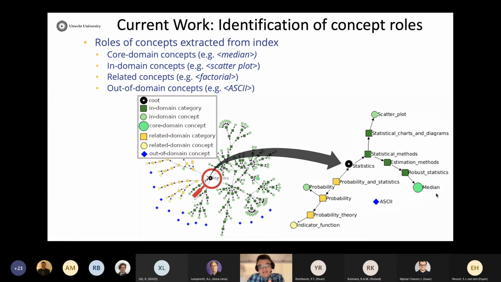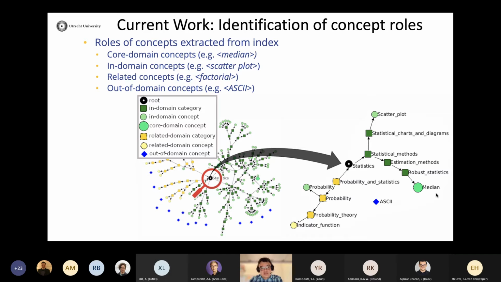So if you look at the terms that you extract from textbook indices, you will notice that not all the terms, of course, correspond to the domain of the textbook. There are some important core terms, like if we talk about statistics, there will be terms like standard deviation or mean or median or regression, analysis of variance, and so on and so forth. Then there are some other terms which are maybe less important, which correspond to more niche aspects of the domain. So, for example, scatter plot, right? It's a statistical term, but it's not the most important term in statistics.